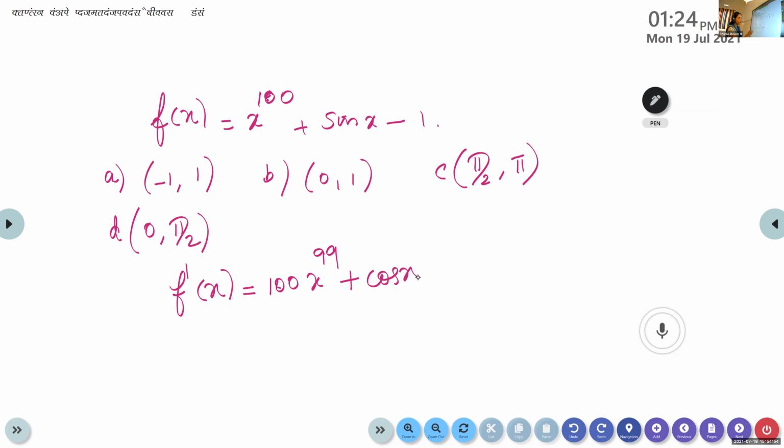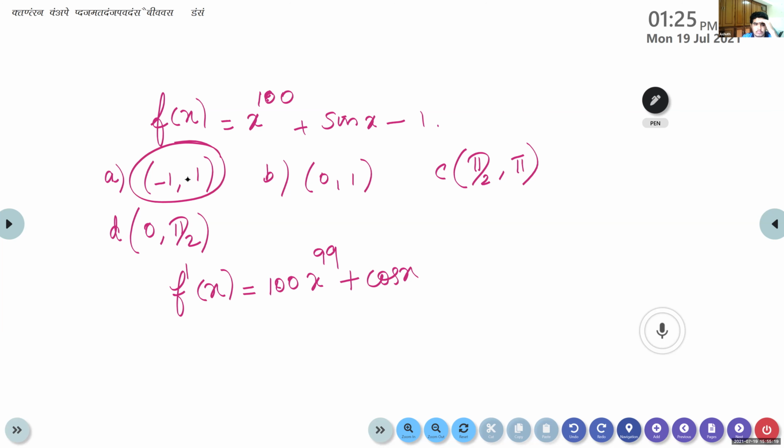Instead of solving this, we will not be able to solve this directly. What you can do is select a value here and substitute it. Will it be positive or negative? Suppose I put 0. What will you get? When you put x is 0, what about the sign of f dash of x? It is positive, isn't it? So, the first case we can't take.